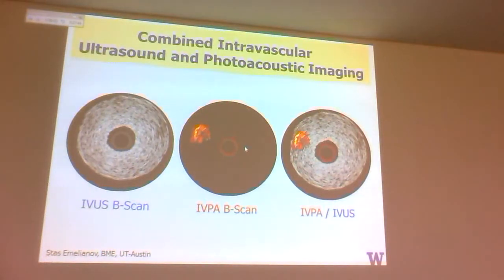Where that's morphed is two groups. One, Stas Emelianov, who taught at this thing, right? He did. Okay. He's no longer at UT Austin; he's at Georgia Tech in the United States, just moved there. But he and a group from Erasmus University in Rotterdam, Ton van der Steen, the two groups have moved toward integrating this kind of approach,